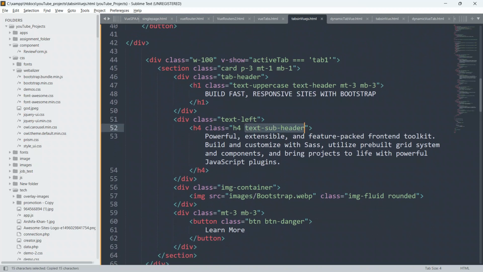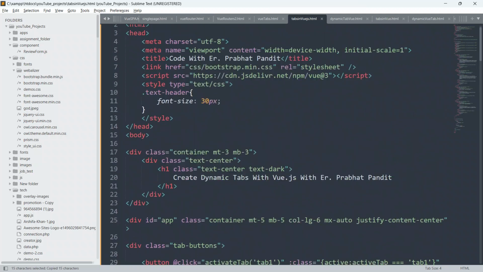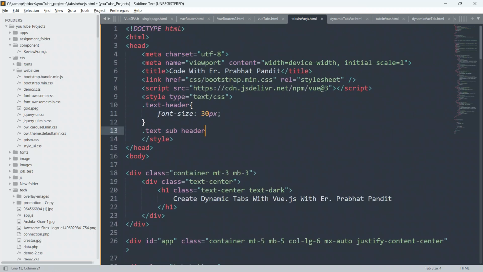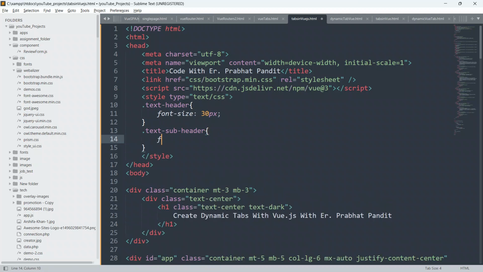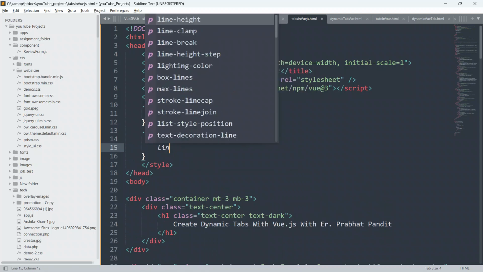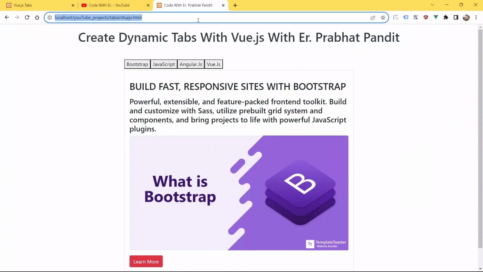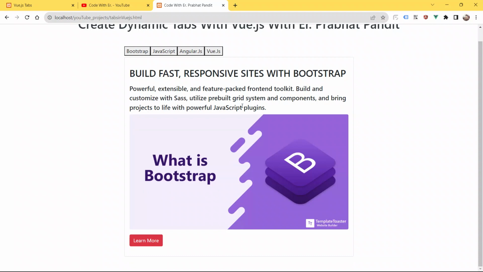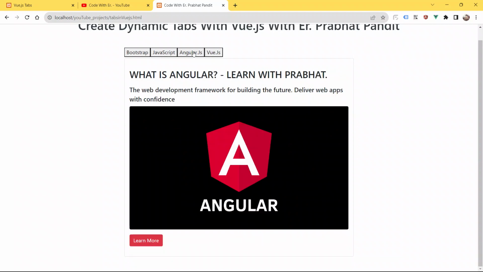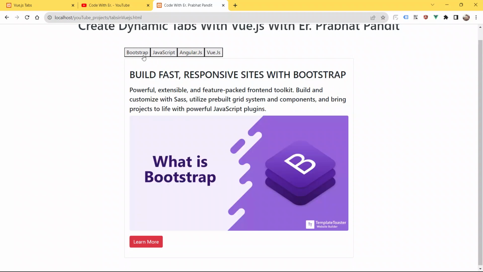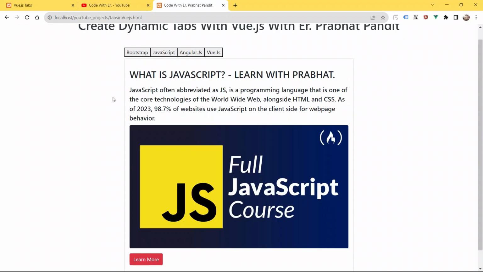Copy this class from here, go to the style sheet, put a dot and paste it here, open and close curly braces, and set font size as 20px, and give line height also as 30px. Now save your code, go to the browser and refresh the page. Yeah, you can see now. See guys, we have learned how to create a dynamic tab in Vue.js.